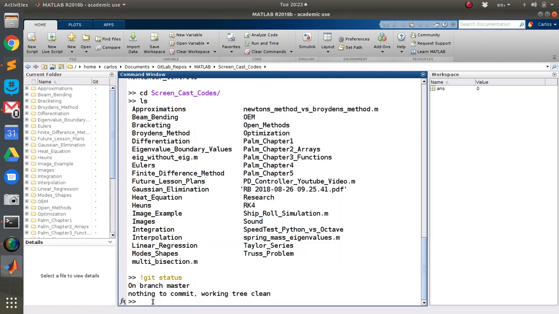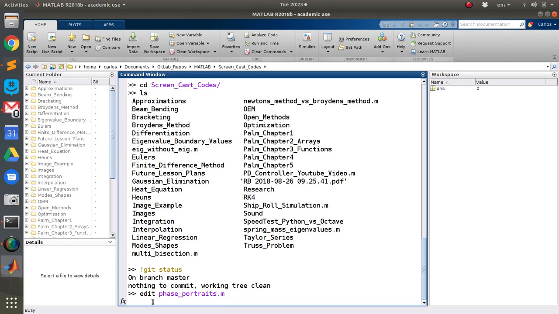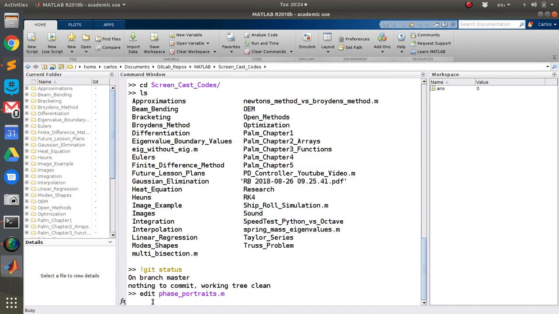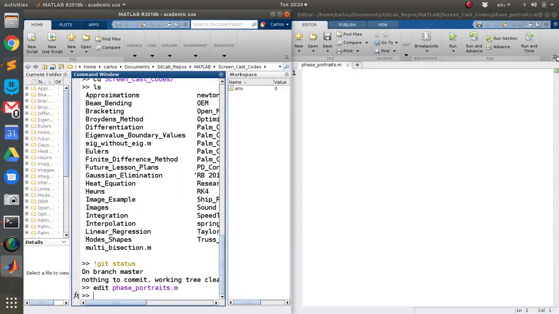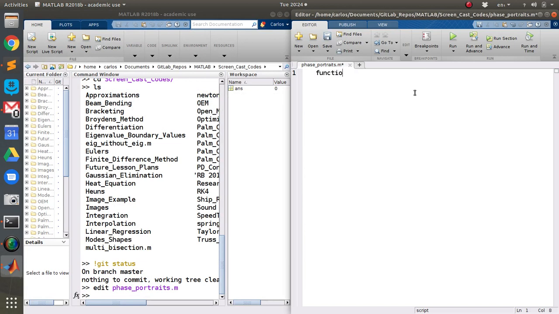Okay, folks, for this screencast, I'm going to talk about phase portraits. To highlight this, I'm first going to build a simple spring mass damper system code, and we're going to plot some stuff. So I'm going to do function phase portraits, and then function dxdt is derivatives